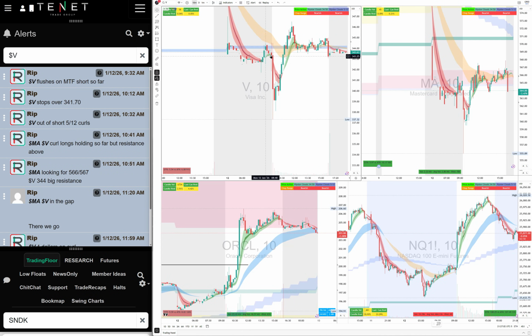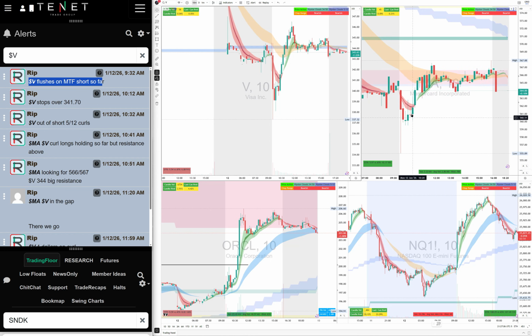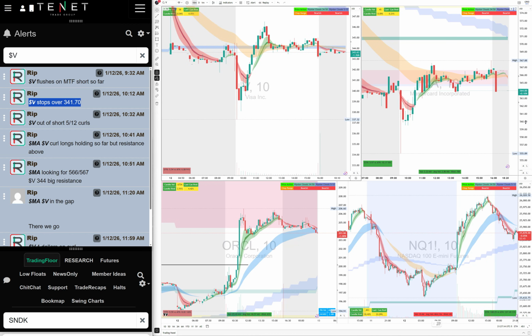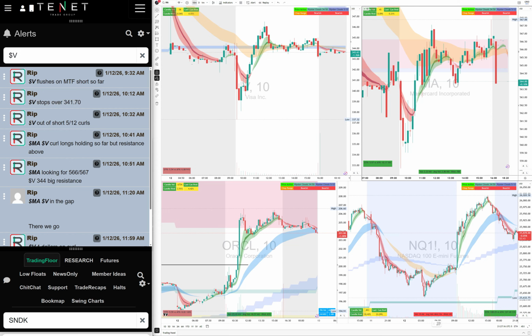So what happened? Initially it was a short. I told the traders to short it. You can see that Visa was a short, then MA was a short as well at the morning candles. But when it started to hold here, that's when you're going to start to think about it, you put your stops, right? So we did stop out both on MA there, and then I told the traders to stop out, and then I told them to buy the calls.